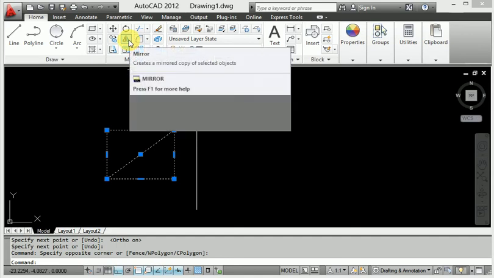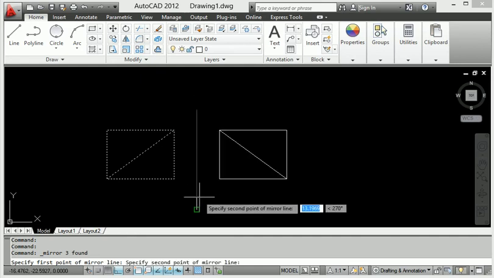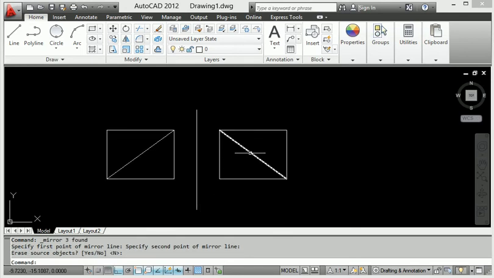When I click mirror, start from this point, click this point, then press enter. Look at this diagram: the same diagram is copied like a mirror, in the opposite direction.